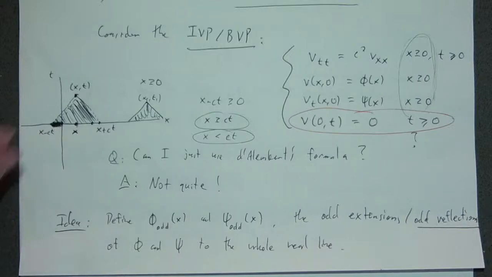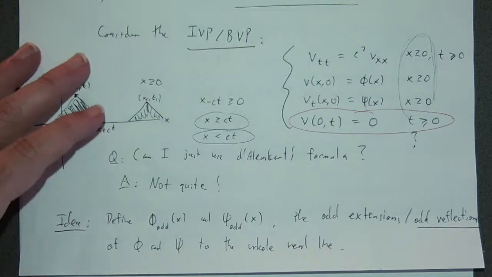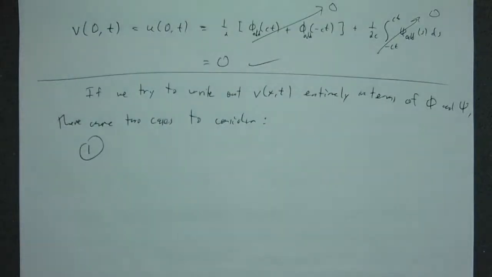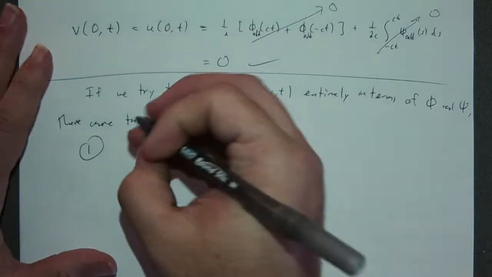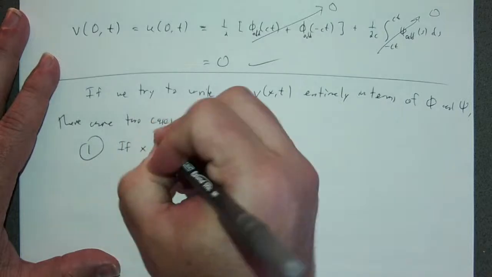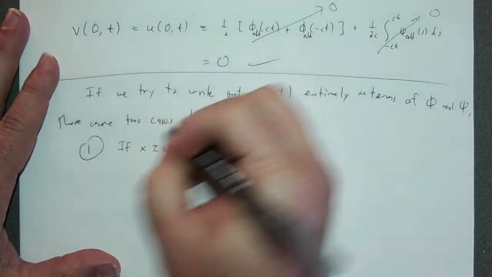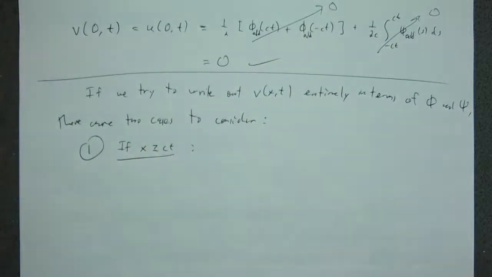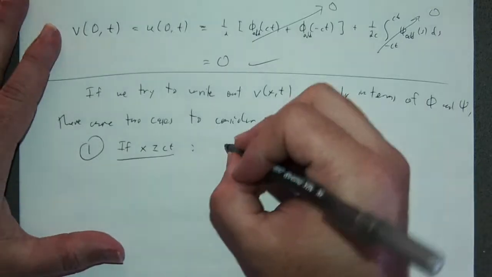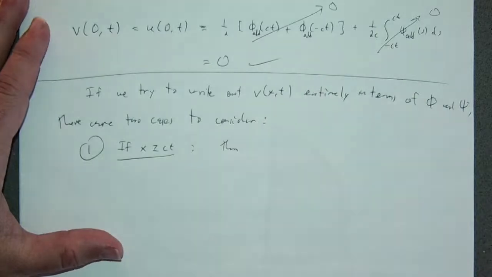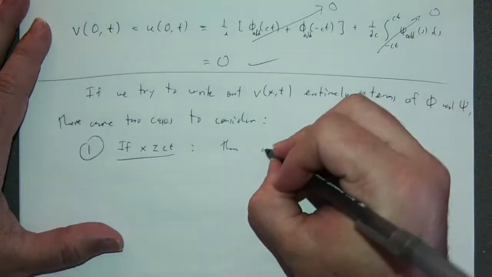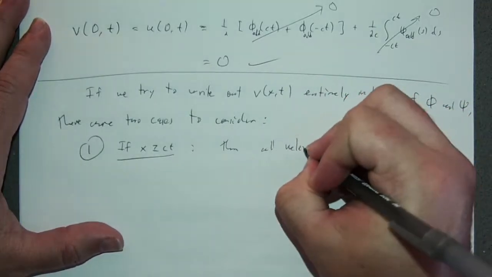You could think of yourself being 10,000 miles away from this fixed end and question whether or not you could detect that there's a fixed end or not. Anyway, I have two cases. So if x is greater than or equal to ct, that's one case. So then all relevant